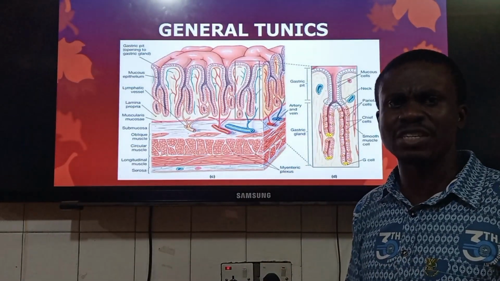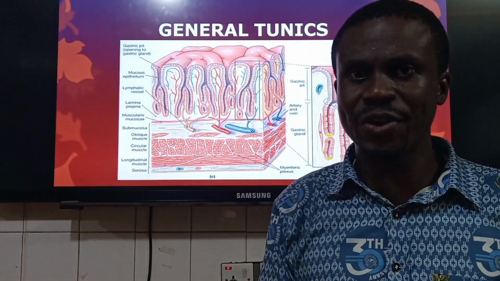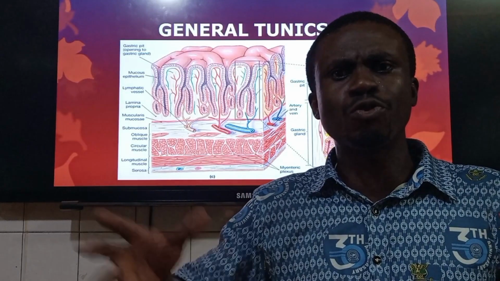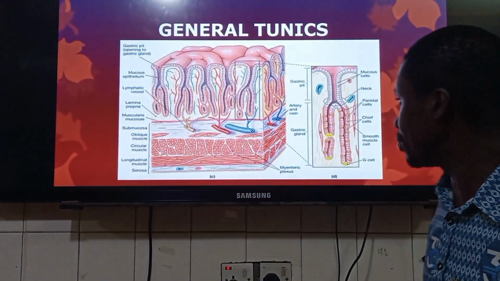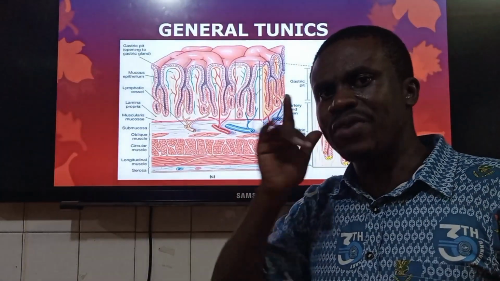We'll be seeing some of these, although under light microscopy you don't see these layers distinct. That's in the case of the urinary bladder. The detrusor muscle appears to be ill-defined. That is one thing I want you to know. One more thing I want you to become aware of over here is that